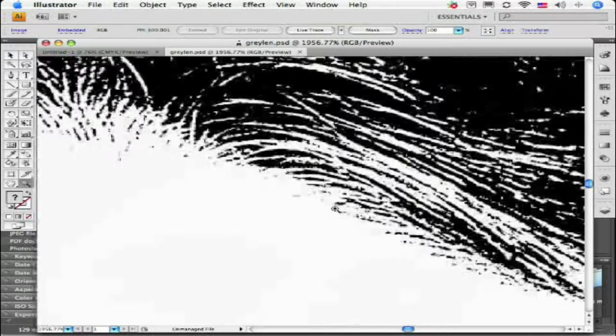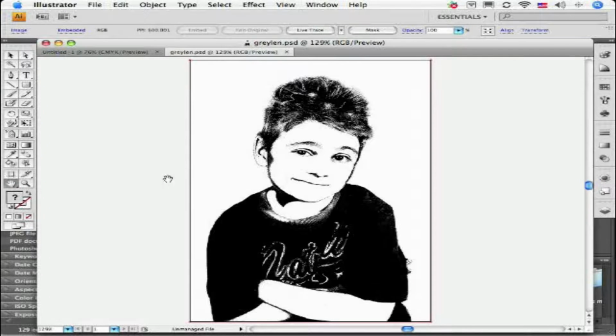You can see that this is a line drawing done in Photoshop, and if you look very closely, each one of these lines is made up of pixels, small squares. That's not what we're looking for. What we want is vector, not rasterized. Vector art you can scale, you can make larger, you can make smaller, and file sizes are much, much smaller. I'm going to go ahead and zoom out by double-clicking on the hand tool,